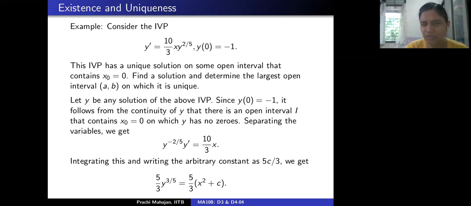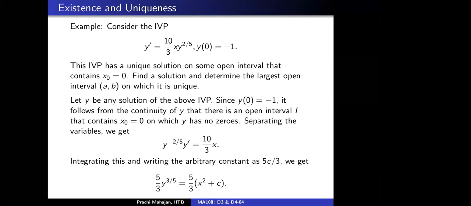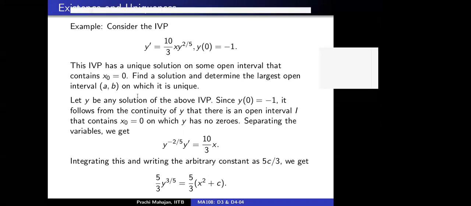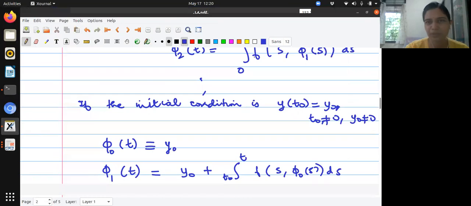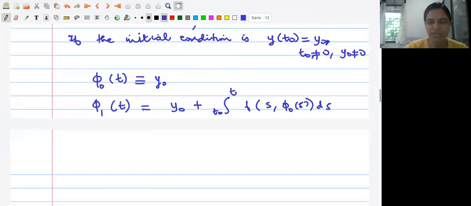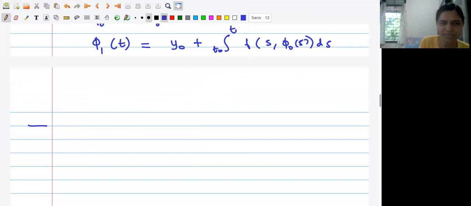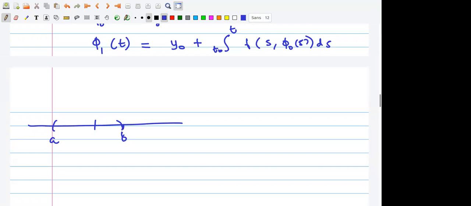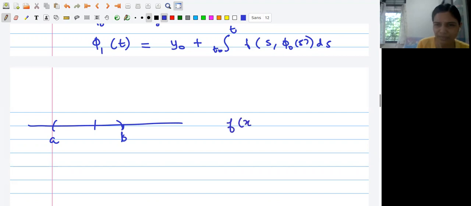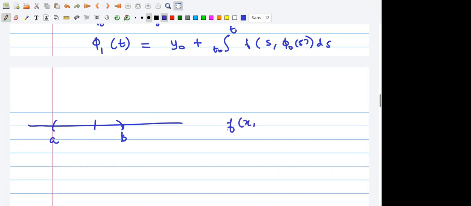I'm just asking, had it been the case that y is not equal to 0, but we got some solution curve which goes to 0 at some points, let's say A and B on the x-axis, then could we include those points? I'll just write it down. It's just too fast for me to absorb what you're saying. So what are you saying? At some points A, B on the real axis, what happens? Say that again. At those points, the function goes to 0. Which function? f of x, y. Which is the solution of the original ODE.